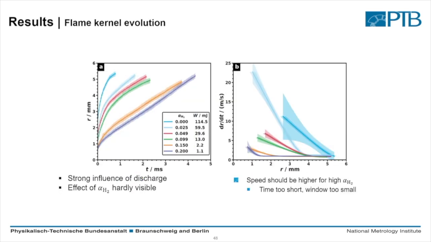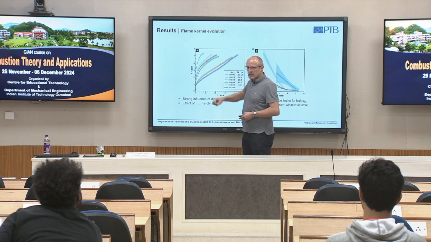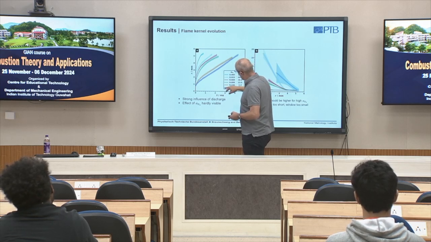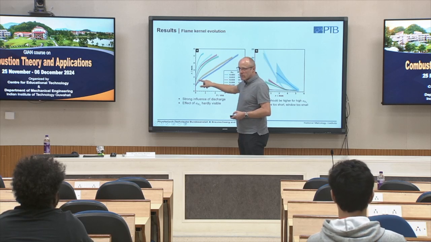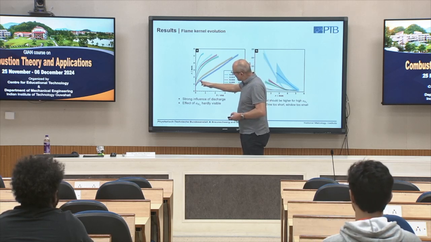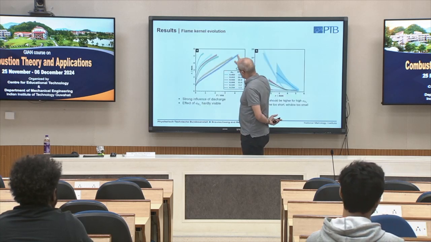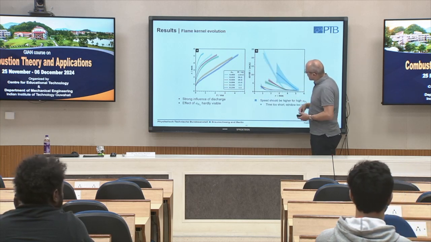We then again can extract the radius for further analysis. And here we see the radius as a function of time. So here for pure ammonia, we deposit a lot of energy into the system, so the initial radius is quite large. That's again the spark-dominated region. And already for 20% of hydrogen, this is much smaller. And then after it's given, we reach a time where the chemistry dominates the system. So we see this flame propagation.